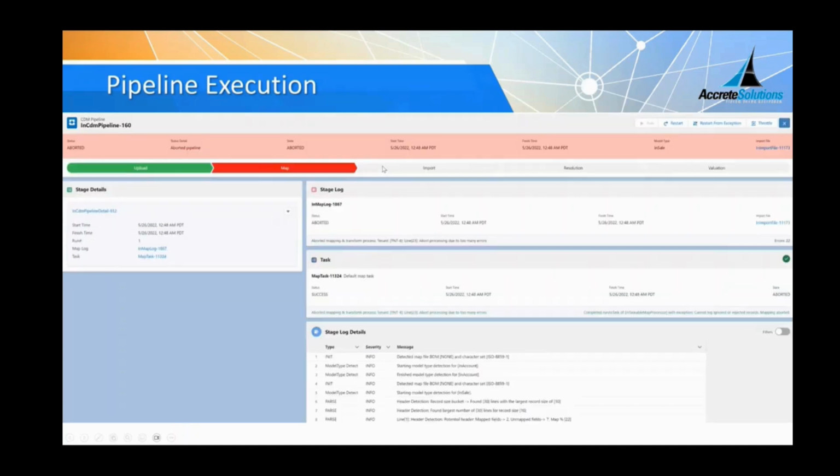And here's an example of a pipeline that failed in the mapping stage. It clearly shows you in red that it failed, and at the bottom right is the log. It gives you all the information about what the failure was, and you would be able to drill down from here to your map designer in this case, fix the issue, and then just rerun the pipeline and it will go through. So this is an example where you know what the exception is, and you can drill down from that screen into the place where you can resolve it and rerun the pipeline, and the problem is solved.